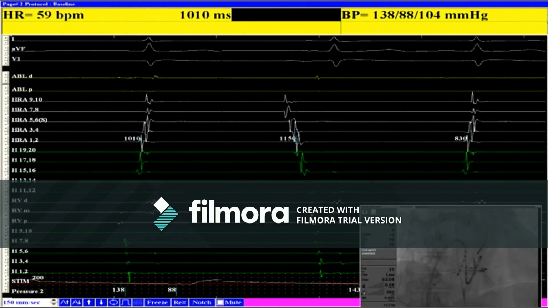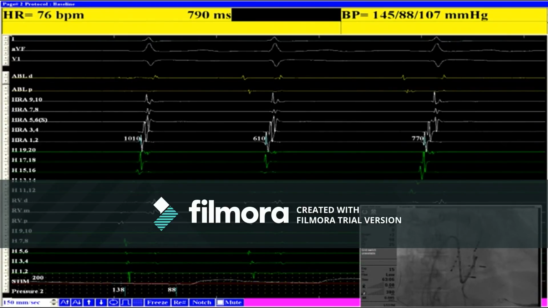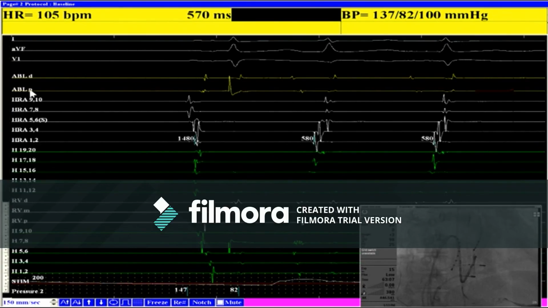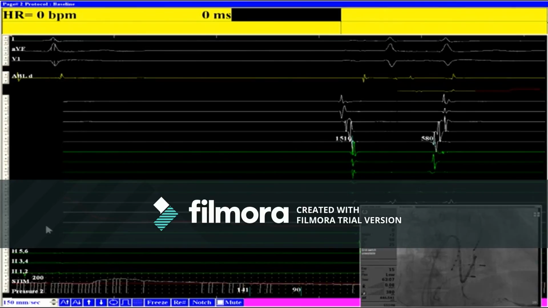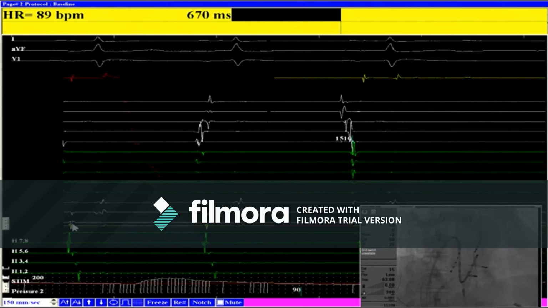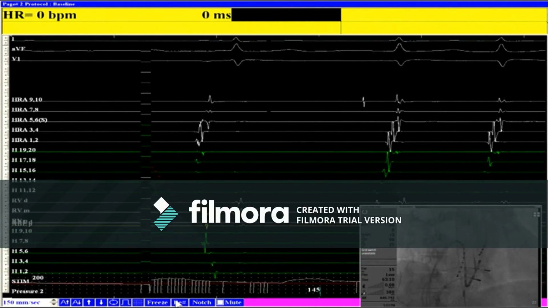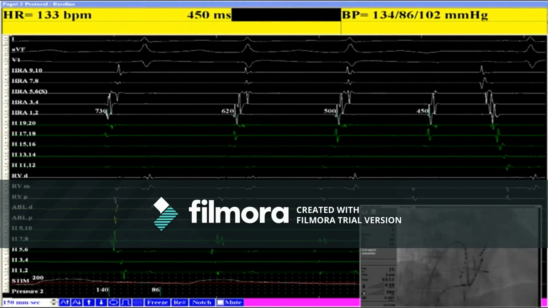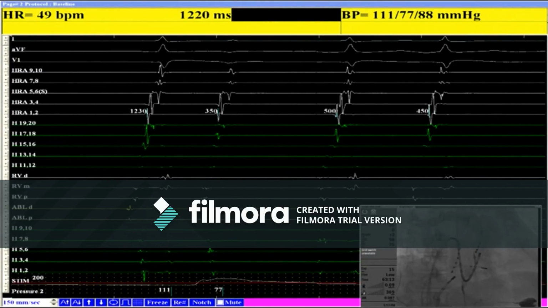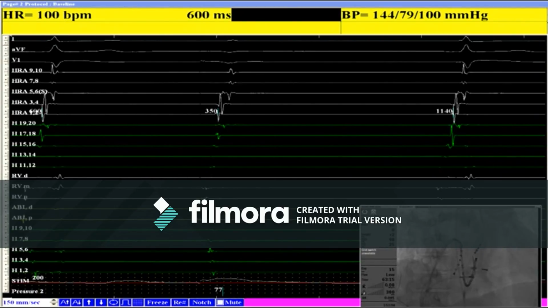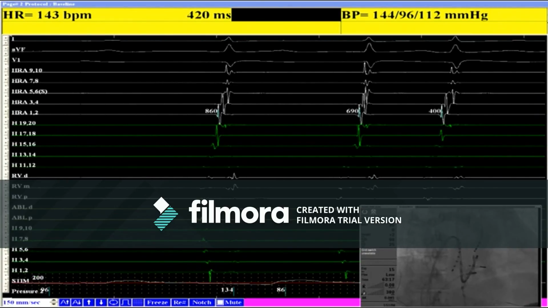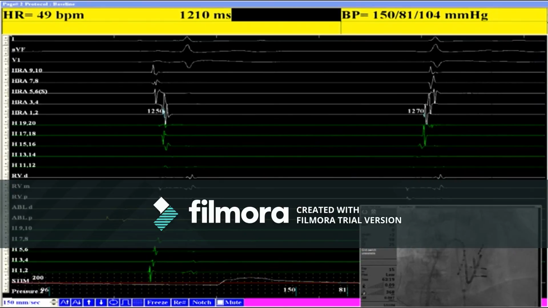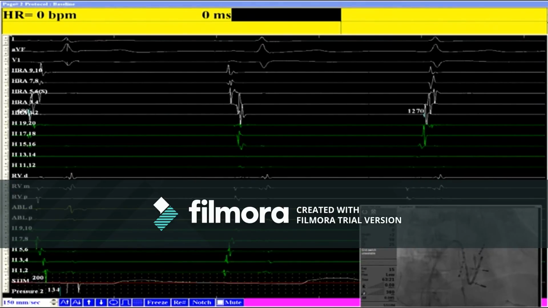Initially, yes. Before CTI, I suggest you put the His catheter first. Okay, we have the His there. Then we go across the coronary sinus ostium. Okay, like this, and then from the